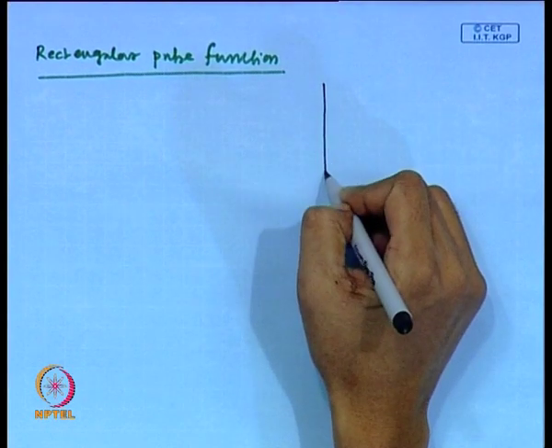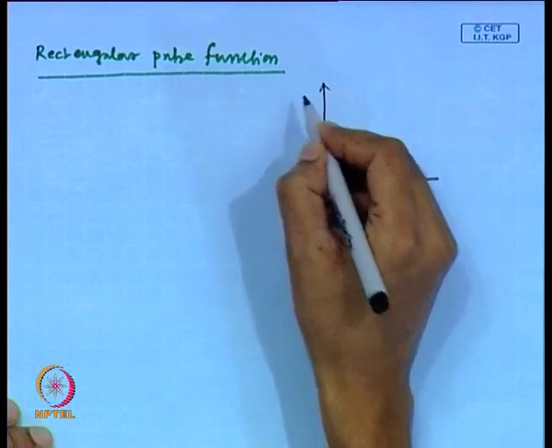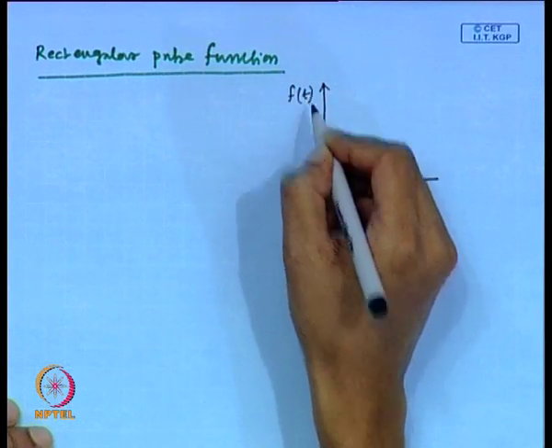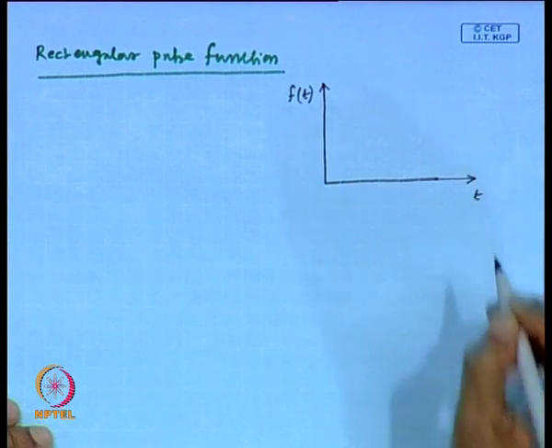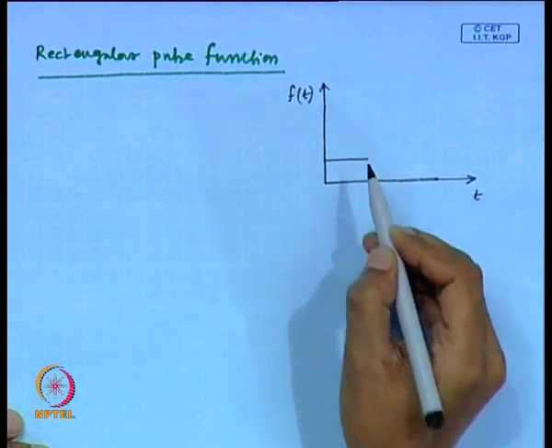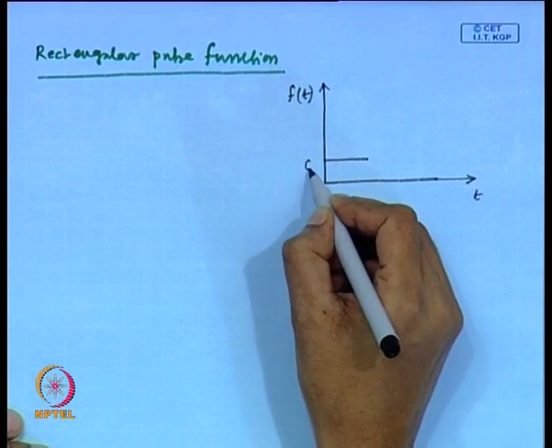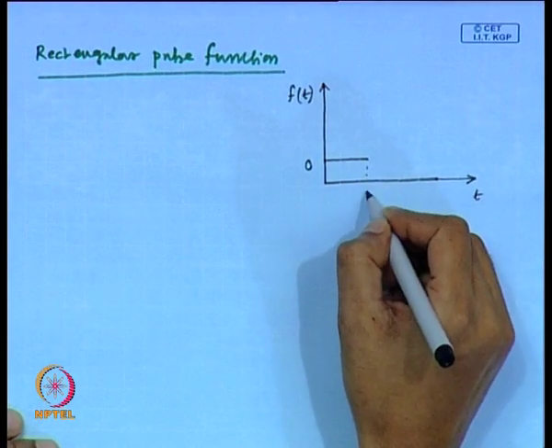So, this is f t and this is time t. Initially, f t is 0. Now, it changes at time t equals to 0